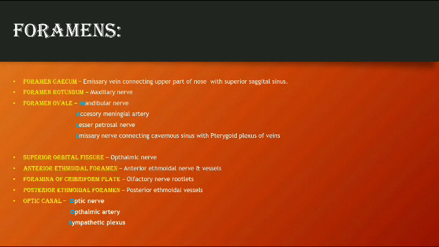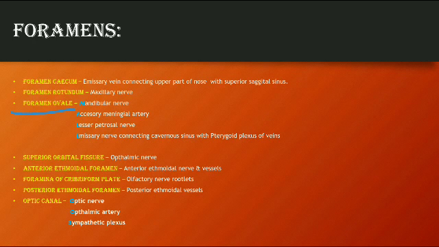So foramen cecum, as I told you before, I have already explained all the landmarks. So this is a sort of revision of what you have already learned in the previous slide. Okay, now let's start. Foramen cecum, what does it contain? It contains an emissary vein and it connects the upper part of the nose with the superior sagittal sinus. Now you people also revise all these foramens along with me, so that it will be easier for you to remember and recollect all the locations which I told you in the previous diagram. Now foramen rotundum, what does it contain? It contains V2, that is the maxillary nerve.